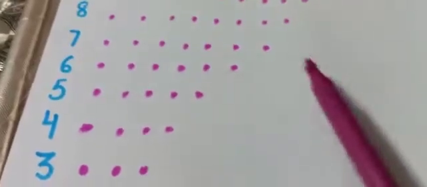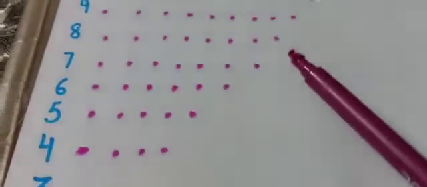Let us see this. When there is one object, two objects, three objects, you have seen dots are increasing. ये जो dots हैं वो बढ़ती जा रही हैं. 1 2 3 4. You can see these are in increasing order. 1 2 3 4 5. 1 2 3 4 5 6. It is in the increasing order. This increasing order is called ascending order.